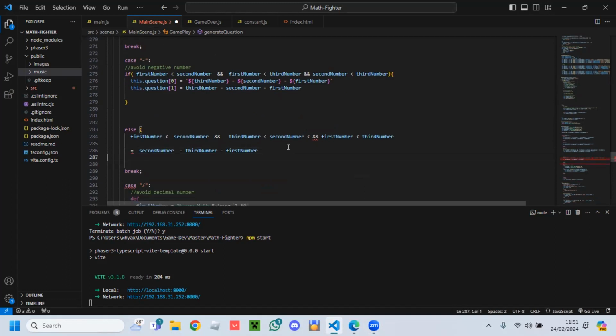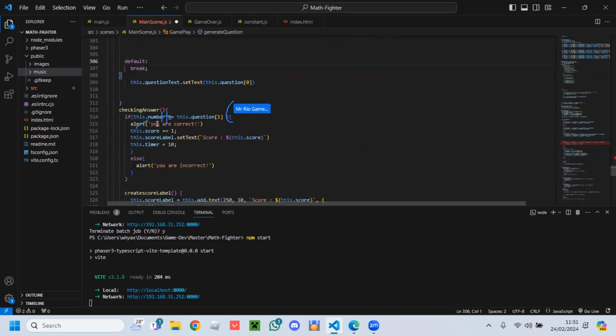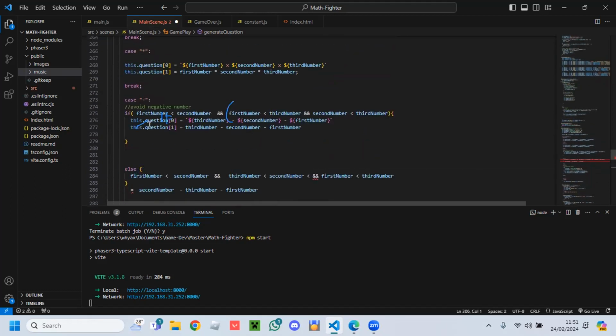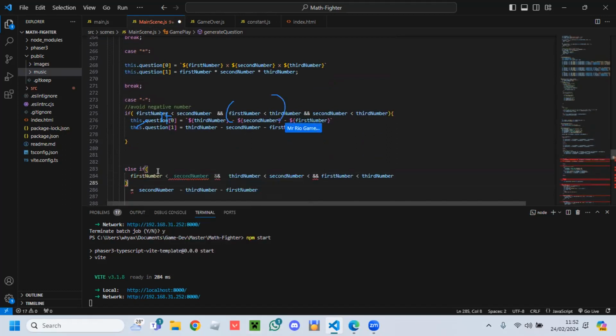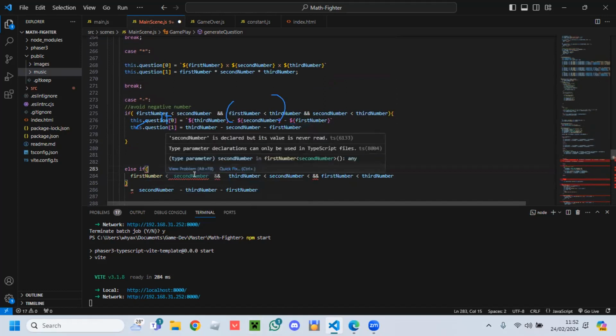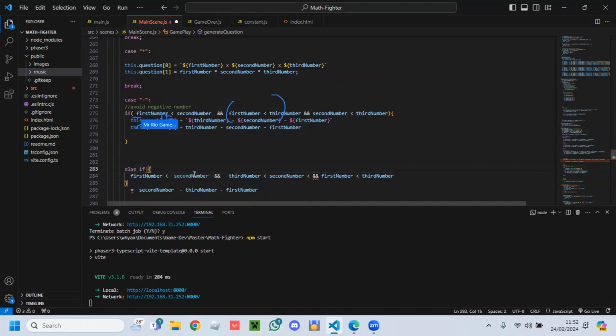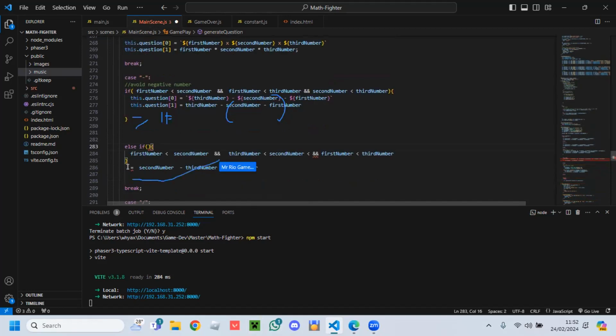Right. This one you have to add if with open brackets. Yeah, if open brackets, like this one, close brackets, and just cut this one into the condition.